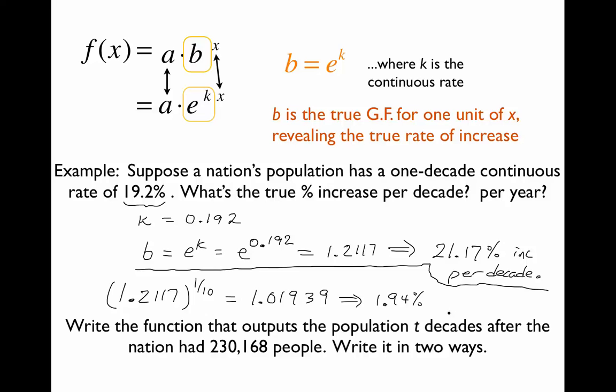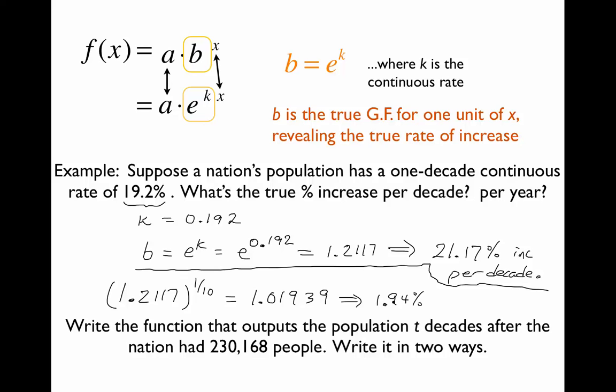Someone else get that? Okay. Is it the continuous rate for the decade divided by 10? No, it just coincidentally is close, okay? Coincidentally. You're not going to take a continuous rate for a decade divided by 10 to get the true percent